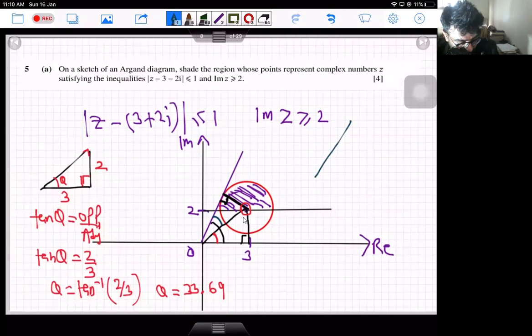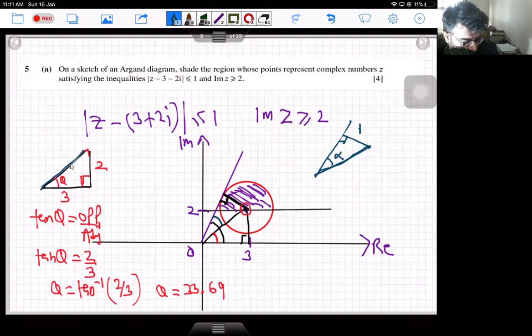So I'm considering this triangle now, in which this angle is 90 degrees. This angle is alpha, and since we know that the radius of the circle is 1, this line is 1. We can easily find out the length of this line from the first right angle triangle, which is the hypotenuse, because this line is this one and this line is also this one. So we can easily find out the length of this line.